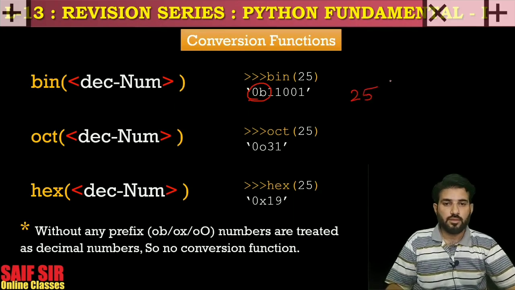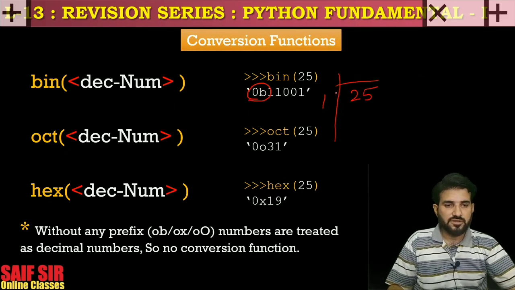25, I'm talking about 25, not 250. So what is the status? Here I am going to divide by 16. 16 ones are 16, remainder is 9.